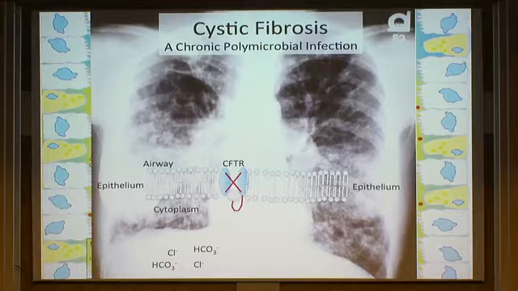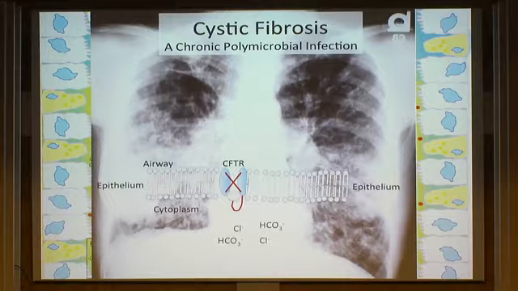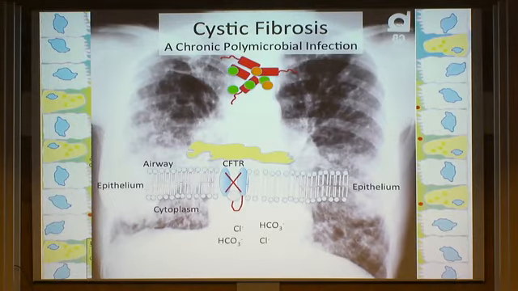But in the case of CF, if you have mutations in that gene, it doesn't function properly. And there's a wide number of different mutations that can result in various degrees of cystic fibrosis. But ultimately, it's the inability to transport chloride and bicarbonate across the epithelium. So what happens is you get a disrupted osmotic balance across the surface of the cell, leading to a dehydrated mucosal surface, which causes the buildup of thick, sticky mucus. So this is a genetic disease, and upon birth, this mucus starts to build and is subsequently infected